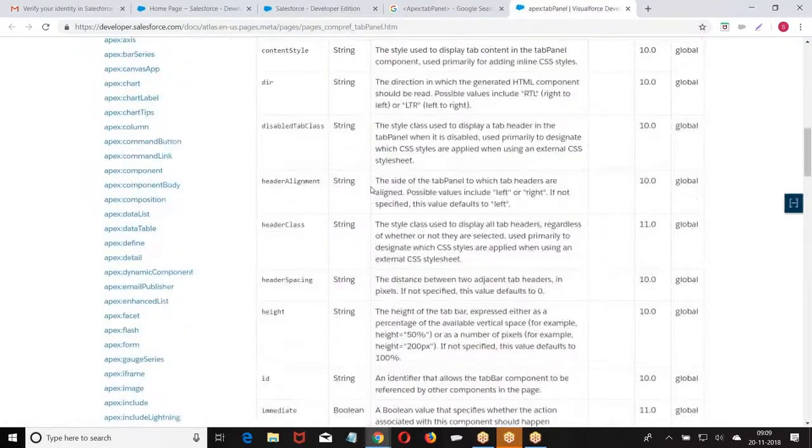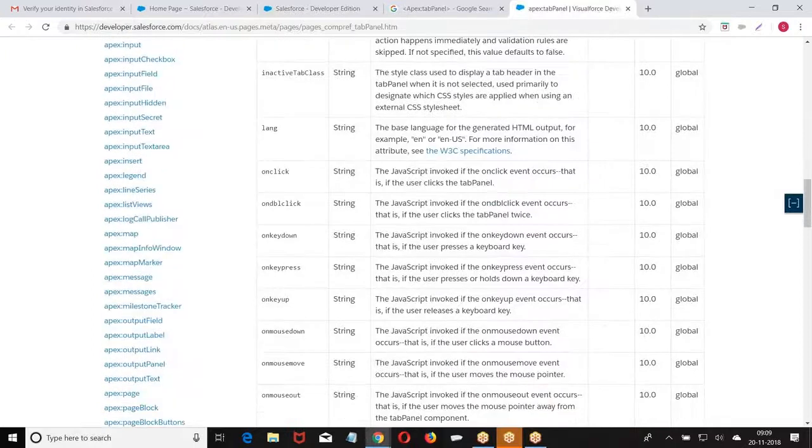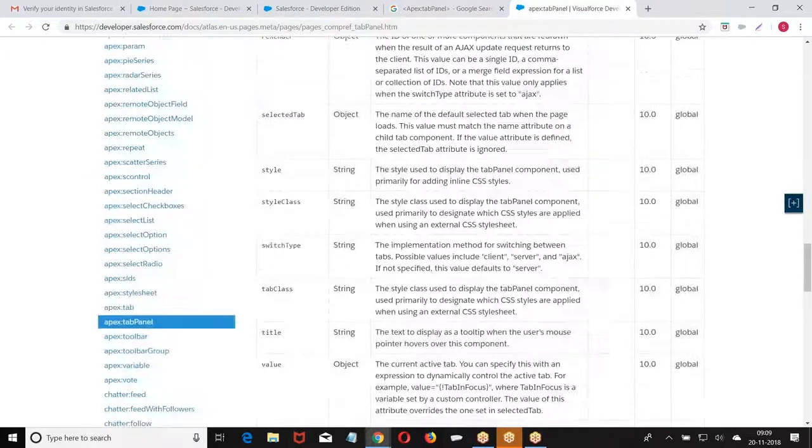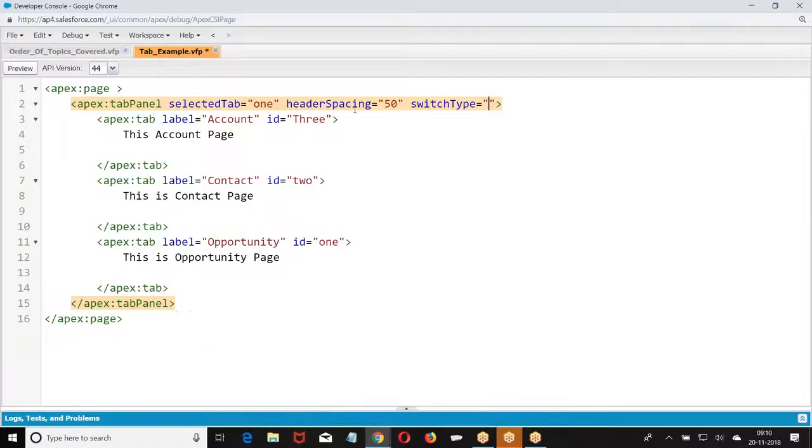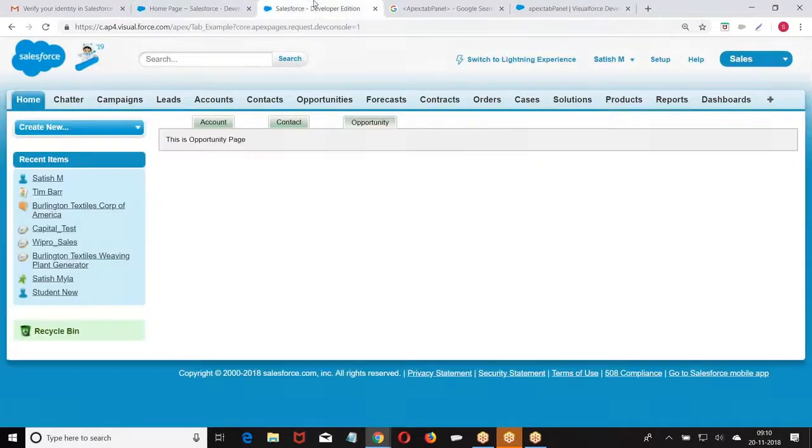Now we have a property called switch type. What are the possible values? Client, server, Ajax. Let me give you this. Now, is the page reloading? The page is not reloading.